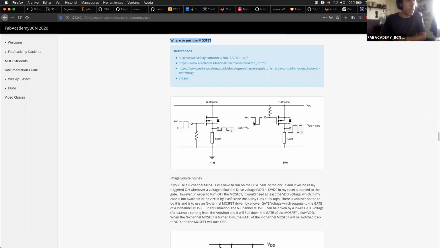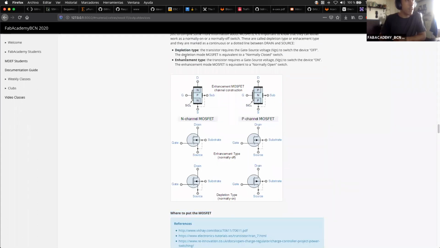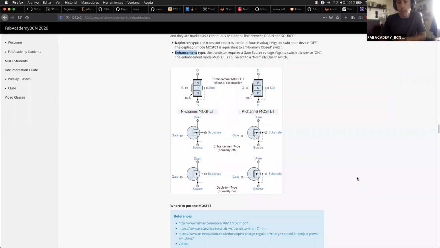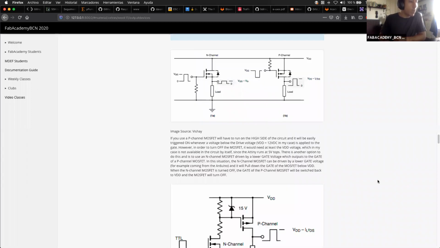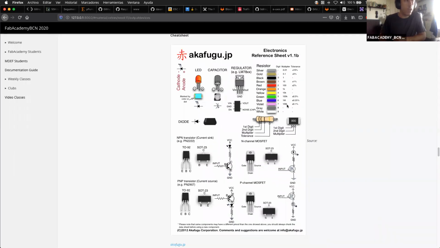You have to think what type of MOSFET you are using so that you are able to turn them on or off. That also depends not only on the type of MOSFET, if it's N-channel or P-channel, but also if it's depletion or enhancement mode, which means that it's normally on or normally off. So always read the type of MOSFET that you have. Very quickly, and then we will start jumping into H-bridges and motors. Have a quick look at this cheat sheet. I find it very useful